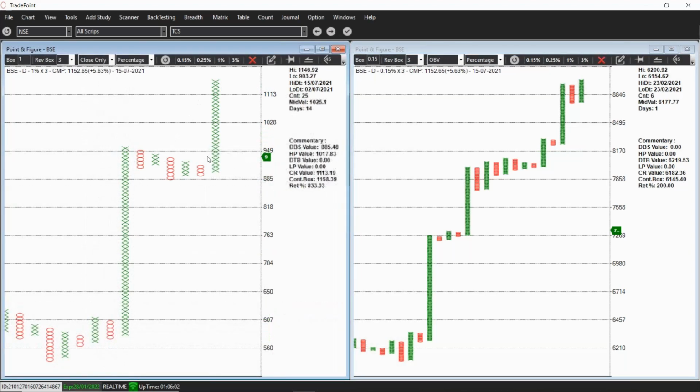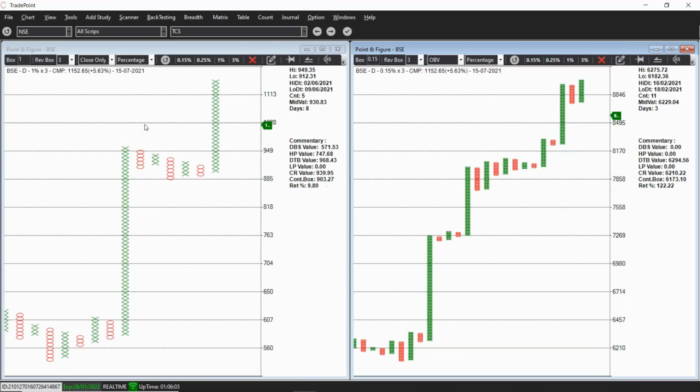This is a bullish ABC pattern. Here we have small corrections in between, but there was no double bottom sell signal after this bottom, right? So on these box values, you might get deep columns of deep retracement and some kind of bearish patterns. But you have to understand that you will not see a strong downtrend for a significant amount of time in the OBV chart. This point you have to always remember. You will see consolidation in OBV, but unlike the price chart, you will not see a long-term downtrend in the OBV chart. So it is very important that you have price along with OBV.